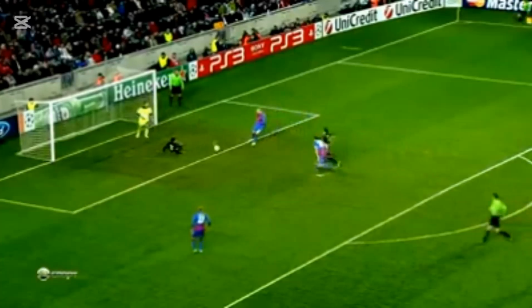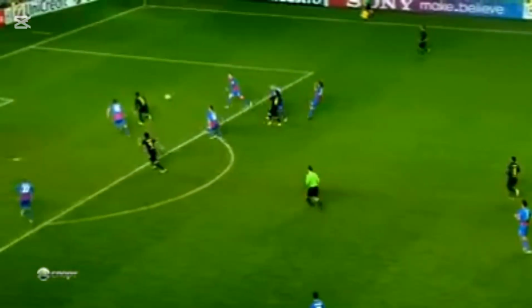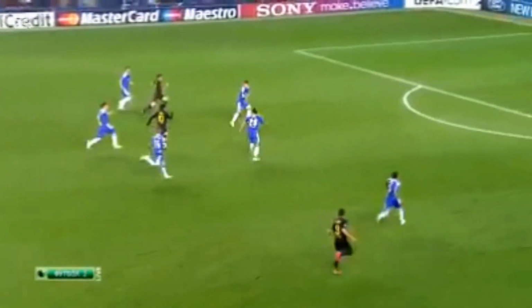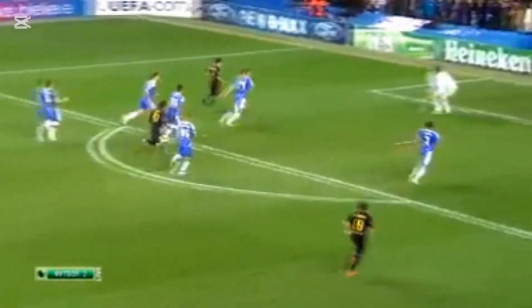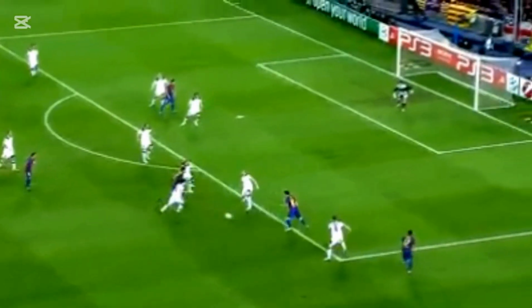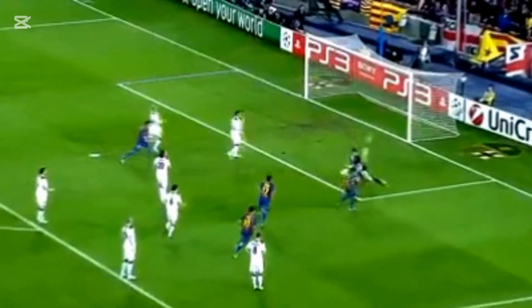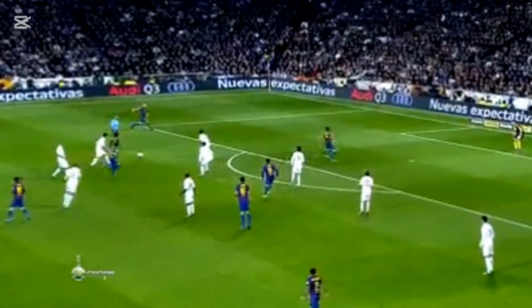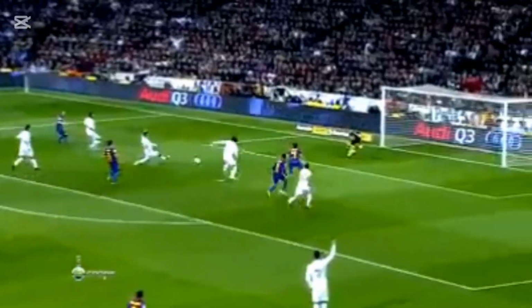You might see something your teammate doesn't. You need to be able to communicate that information quickly and effectively. Simple shouts like "man on," "time," or "turn" can make a world of difference. Also, learn to communicate with nonverbal cues. A simple hand gesture can tell a teammate you want them to make a run or that you want the ball at their feet. The best teams are constantly talking and coordinating their movements, and it all starts with a